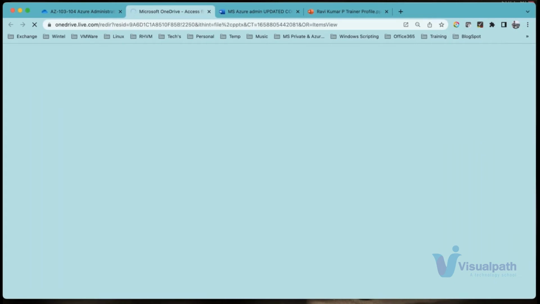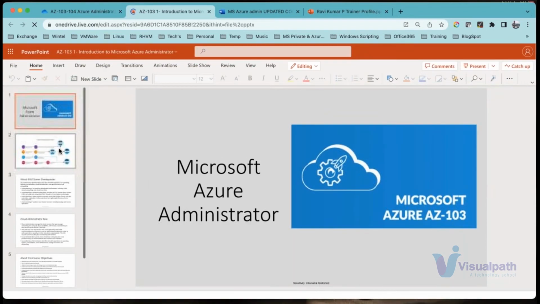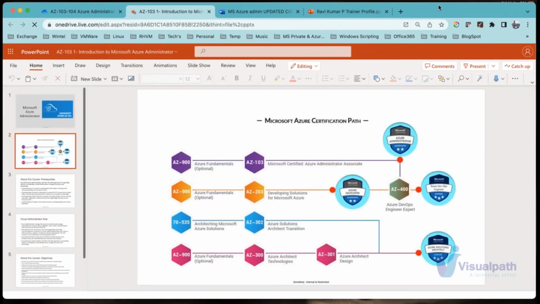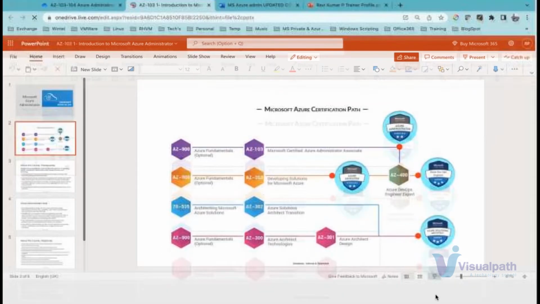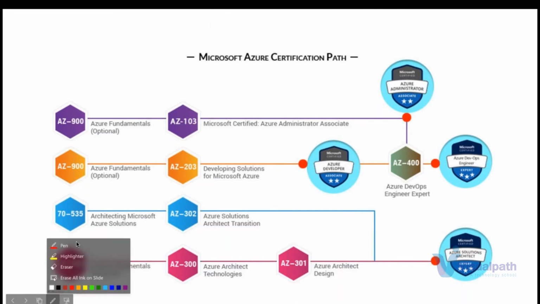So first we'll cover the learning path in Azure. Okay. Now when you see the learning path, this slide is a bit old. I need to update it. That's fine. So earlier the paper content was 103. The code for Azure Admin for